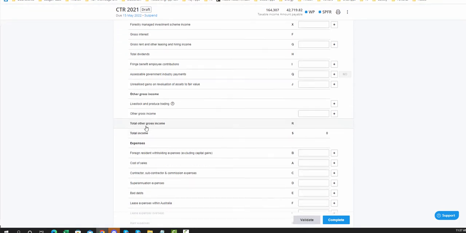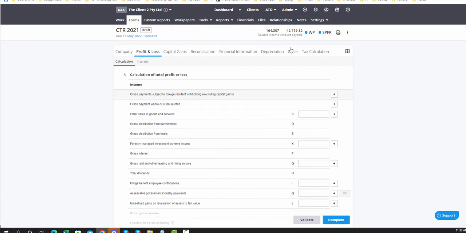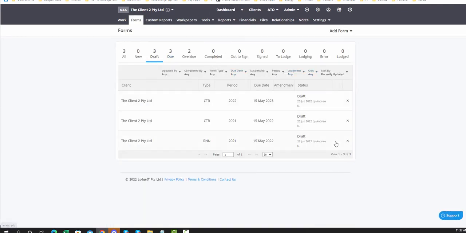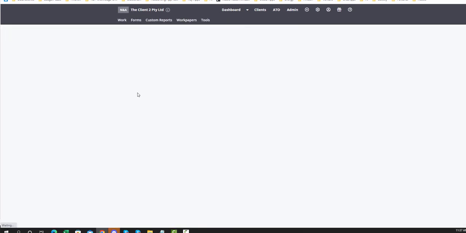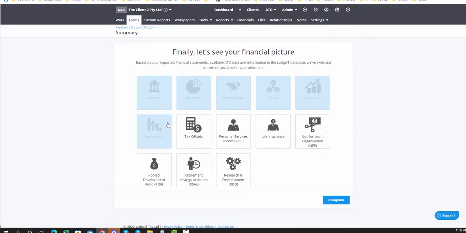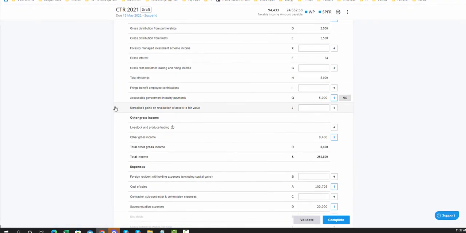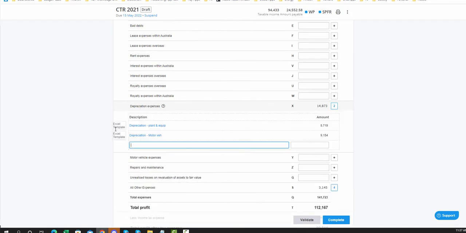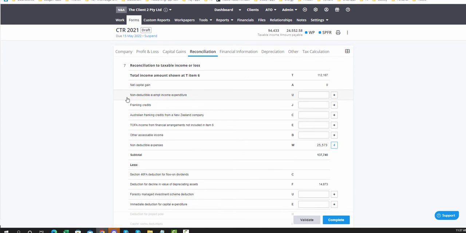So we come into the business section here. Okay, I don't see anything in there actually, so maybe I need to just take that 21 form out. Let me add it back in. Start again, just so that it'll pull the data in. So now we should see that the mapping of that depreciation has mapped into and from our imported accounts to the correct category here. And in our reconciliation section,